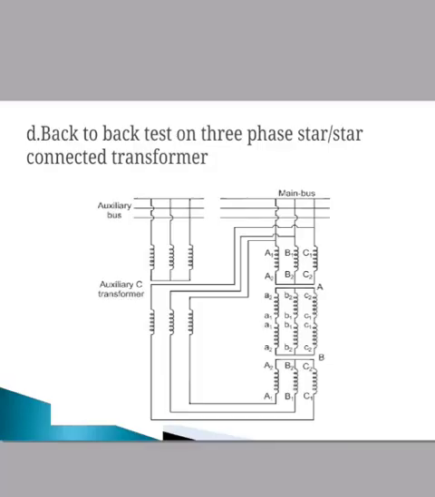The primary windings of transformers A and B are connected to the three-phase main bus, which supplies rated voltage to the primary windings of the transformers. Hence, no load losses at normal flux density take place. By connecting a variable supply from the auxiliary bus to the primary of auxiliary transformer C, a current equal to the full load current of transformers A and B is made